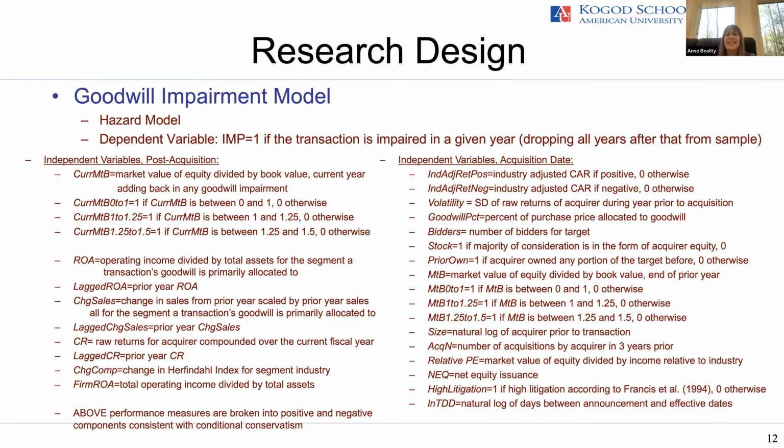Who's the intended audience of the paper, and what are you trying to achieve? Are you trying to say, well, this is a really stupid rule and you should do something different, or what is it that you're trying to do? Do you know what I'm kind of getting at?